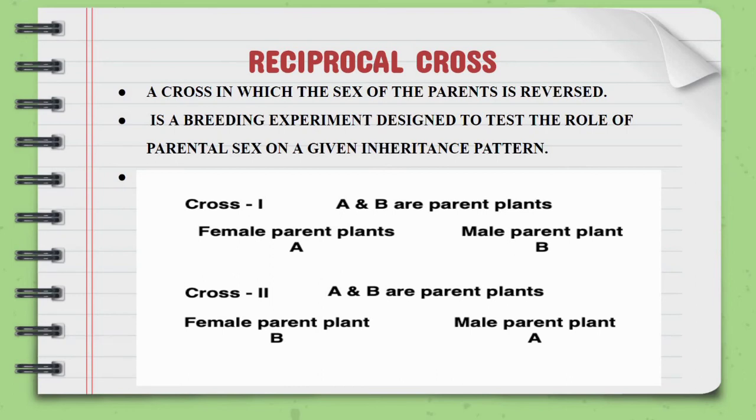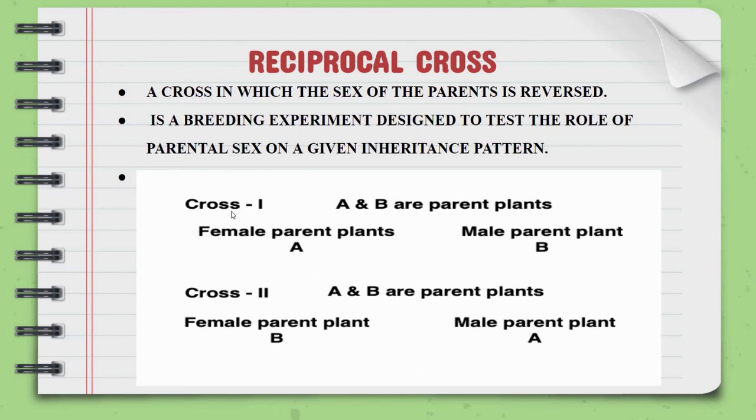Reciprocal cross is performed in order to know the role of the parental sex on a given inheritance pattern. If the tall plant is male, does it have anything to do with the inheritance pattern, or if the male parent is recessive or dwarf, does it have any role to play with the offspring's phenotype? For studying that, we are conducting the